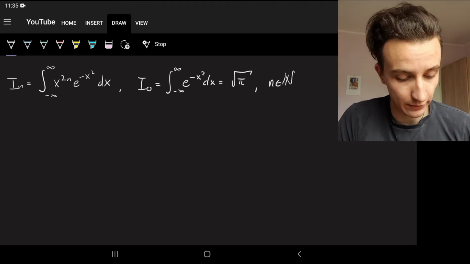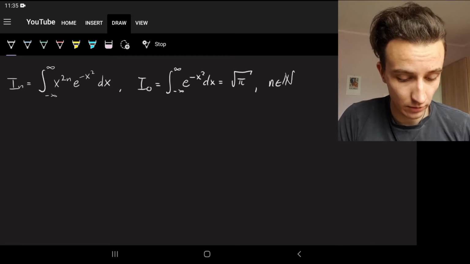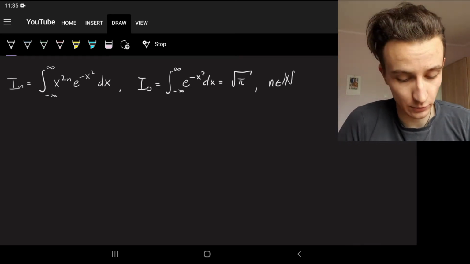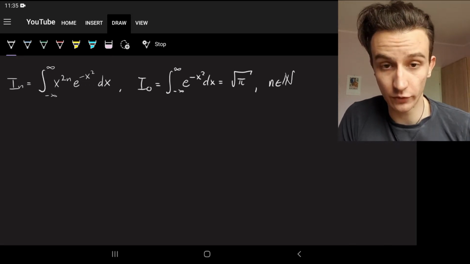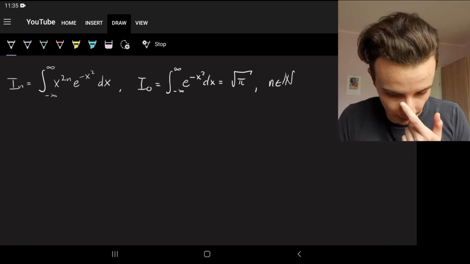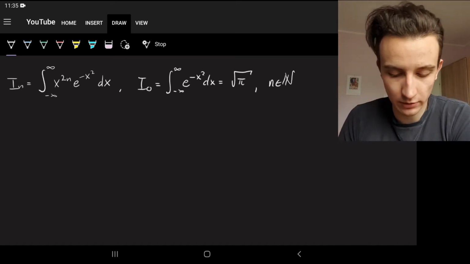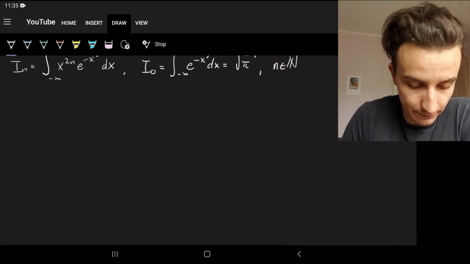Today we're going to do a general Gaussian integral. As you can see here, the integral of x to the 2n e to the minus x squared dx from minus infinity to infinity. Last time we solved it for n equals 0. Of course, we're only considering integer values, positive integers of n. And we're going to consider